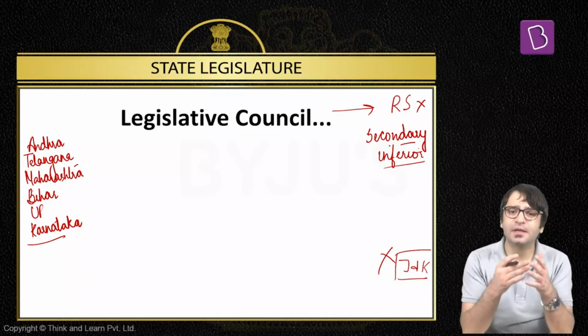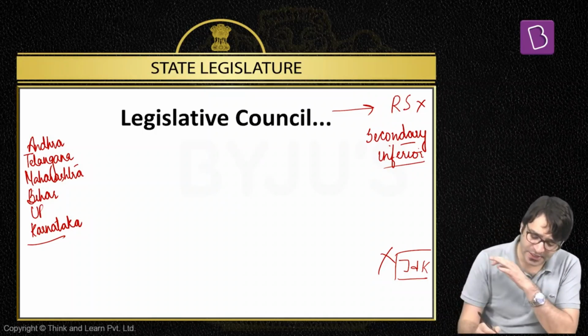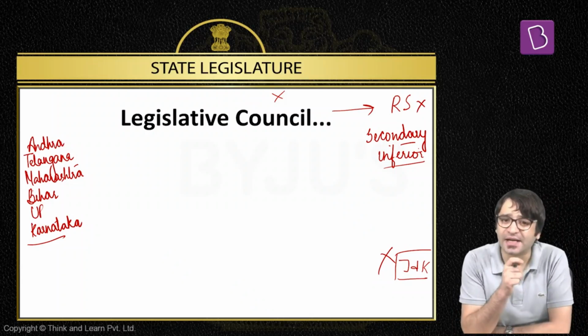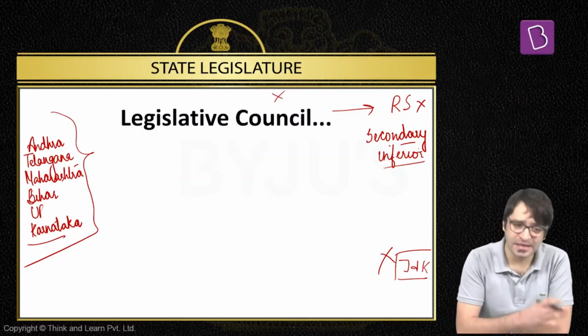Now, after the revocation of the special status on August 5 and 6, 2019, when the Jammu and Kashmir Reorganization Act was passed, the legislative council was also abolished for Jammu and Kashmir. So Jammu and Kashmir currently does not have a legislative council. These are the only states in India which have a bicameral legislature, which have 2 legislative houses, the legislative assembly and the